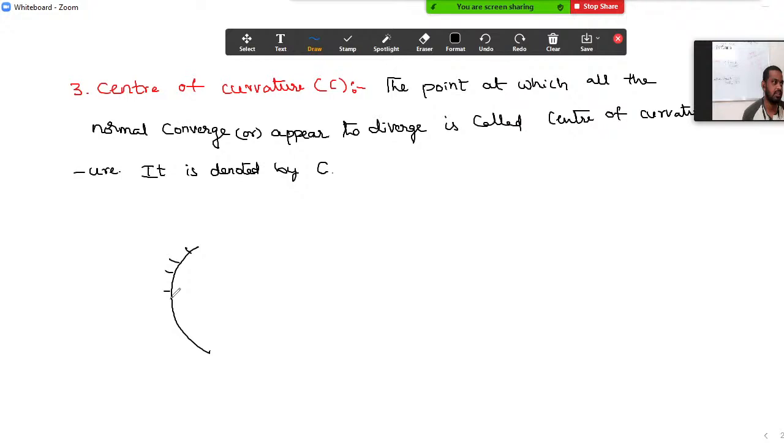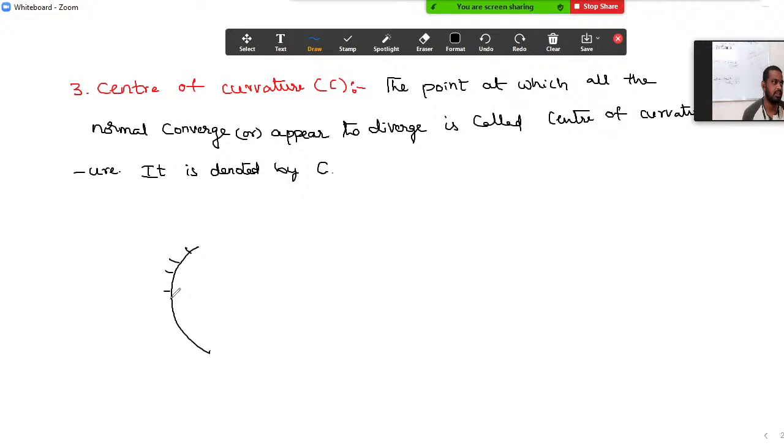And for the convex mirror also we should try to draw. It is the convex mirror. That one was concave, right? This is convex. For the convex mirror also we need to draw the normals. So these are all the normals. You need to extend the normals in the backward direction. Then only we will get the center of curvature. So it is the center of curvature for the convex mirror. And these are all normals. So the intersection point of normals will give the center of curvature.